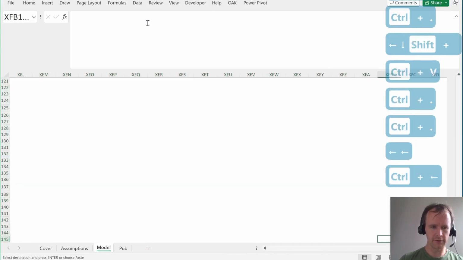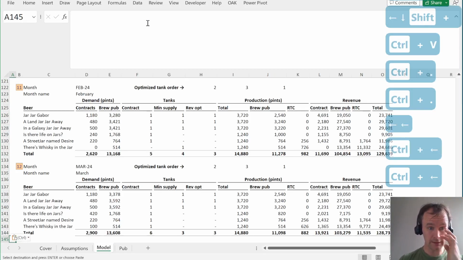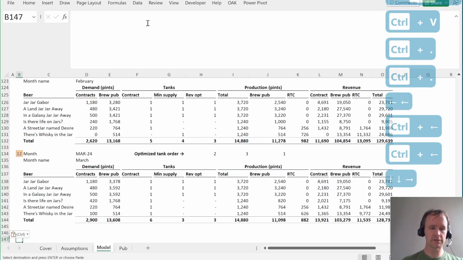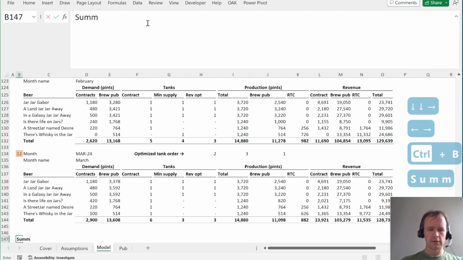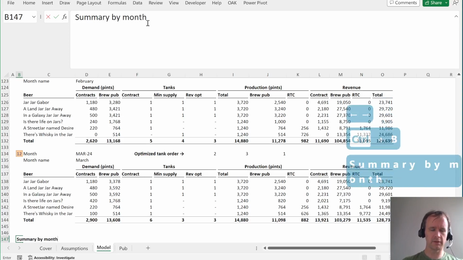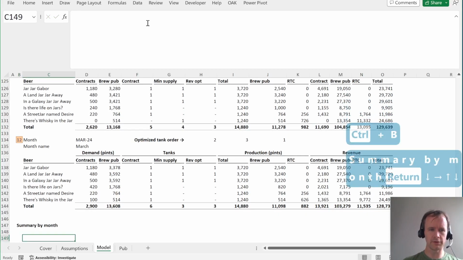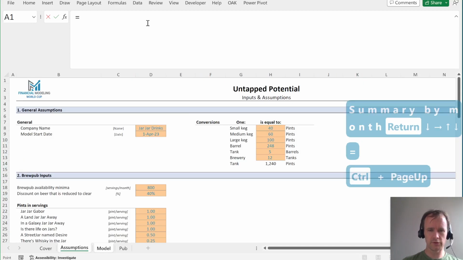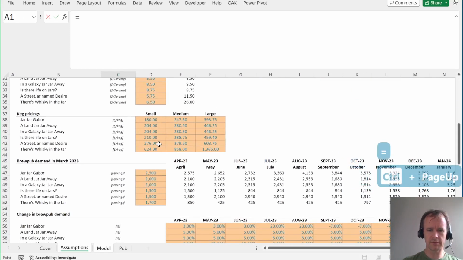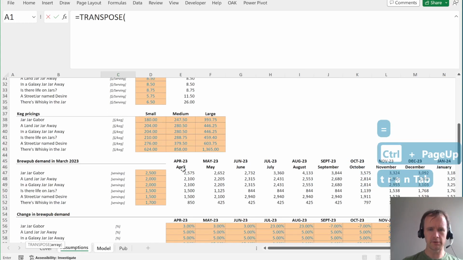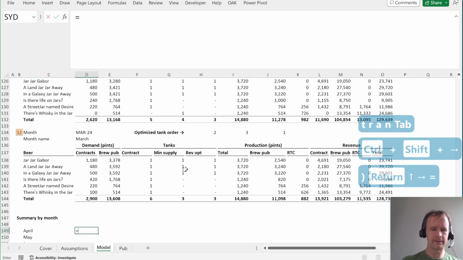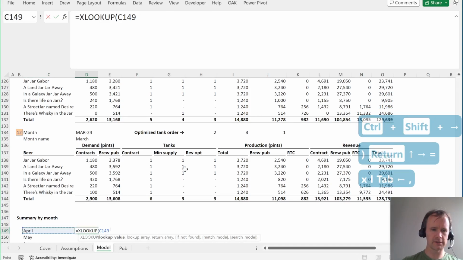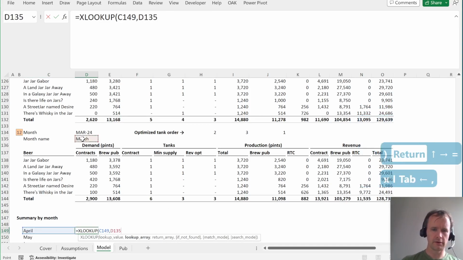And now you've got your 12-month model. And then you could easily, if you want, do a summary by month, which would be something like, let's just take my list of months here, transpose this, and then you could just say XLOOKUP this in your list of months,